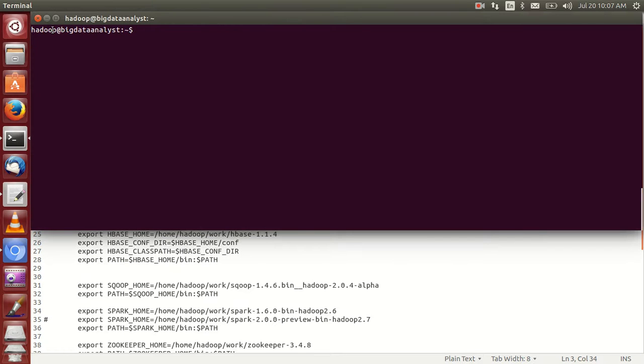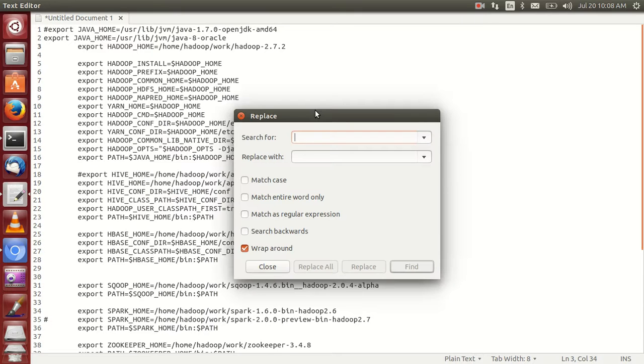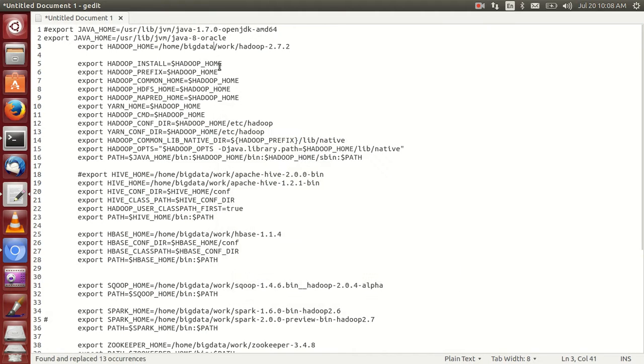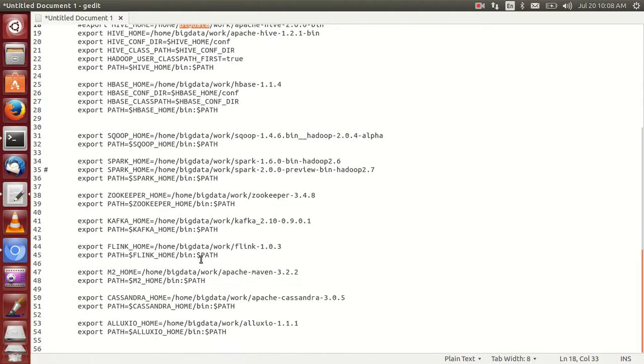Here there is hadoop, but in case your username is bigdata, at that time simply press Control H and replace home/hadoop with home/your username, whatever it may be. For example, your username is bigdata. Simply replace it and automatically everything is replaced. This is bigdata, okay, fine.